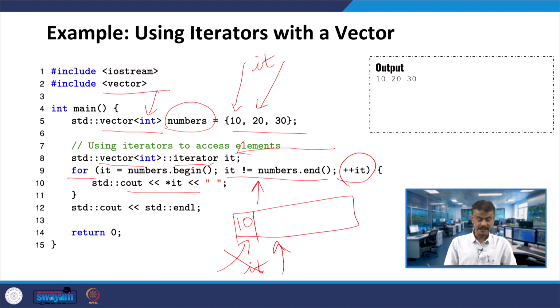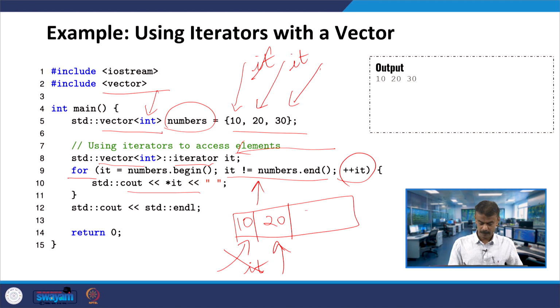So star it gives 20. Now again ++it moves over here. Then it is checked against numbers.end(), and after ++it we are going to print star it.